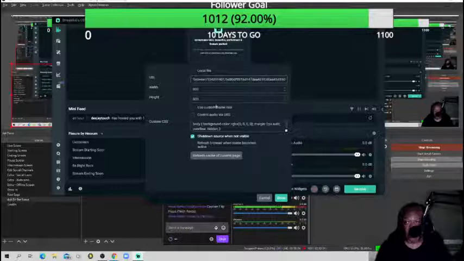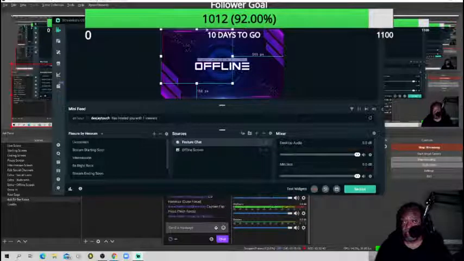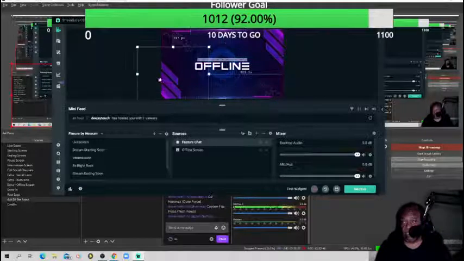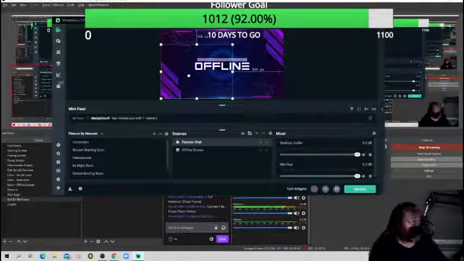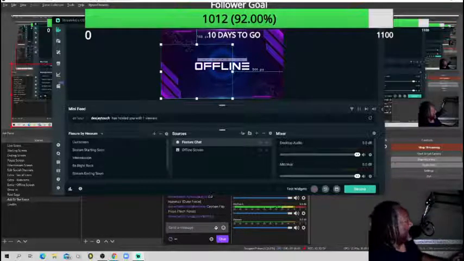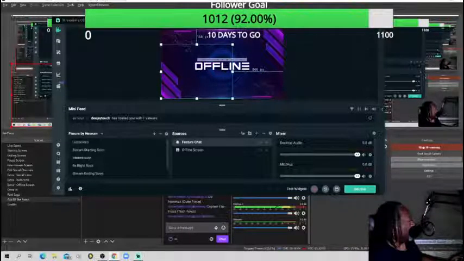If you want to use a custom frame rate, if you want to control, if there was audio attached to this, if you want to control it via OBS, shut down when source is not visible, refresh browser when screen becomes active. So when you hit done, there it is right there. And then if I go to the Featured Chat browser, and why I say you can do it offline,